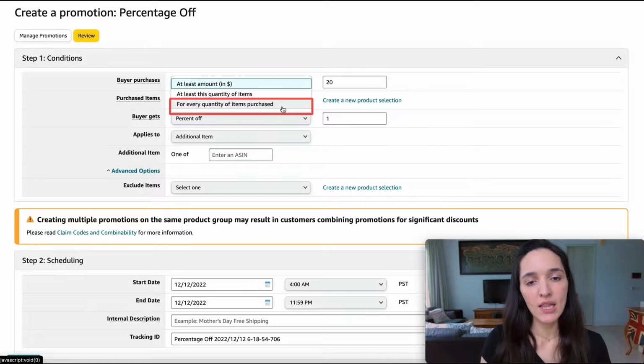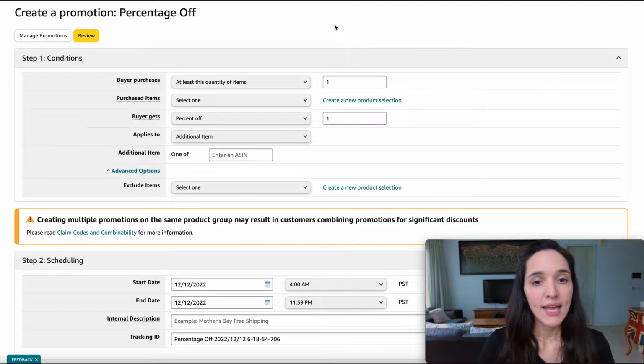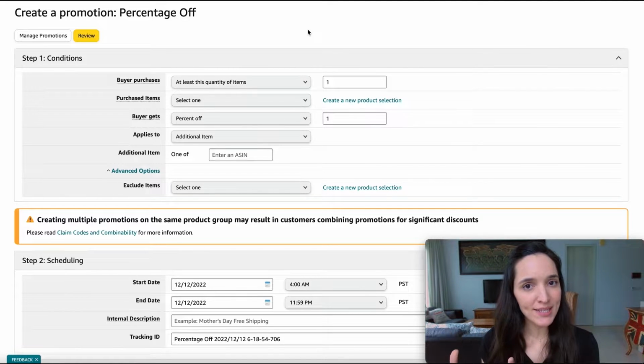So you would select the third option. In this case, we're gonna select option number 2, and we're gonna put 1. So even if they're buying just one item for the first time, they're going to get that discount. Next, we're going to select the products that we want to apply that discount to, that product selection that we've